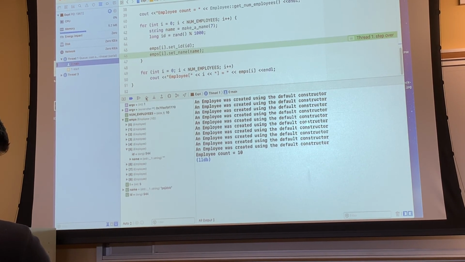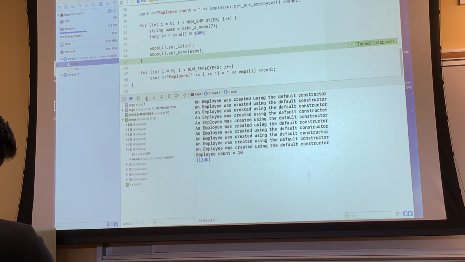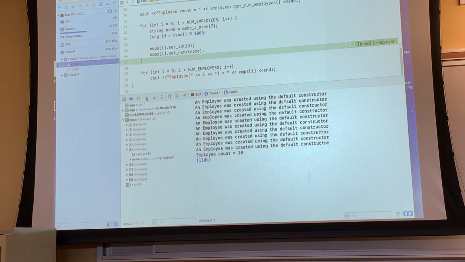There you go. ID got set to 944. I'm going to set the name of employee number 4. Okay, name got set to Peggy Doc. All right. So that you can step through the code like that, execute step by step, and see what's going